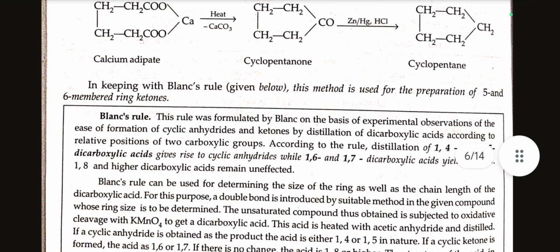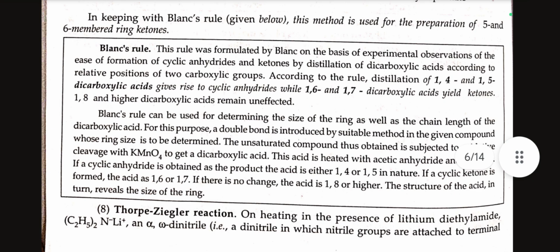Blanc's rule. This rule was formulated by Blanc on the basis of experimental observation of the ease of formation of cyclic anhydrides and ketones by distillation of dicarboxylic acids according to relative positions of two carboxylic groups. According to the rule, distillation of 1,4 and 1,5 dicarboxylic acids give rise to cyclic anhydrides, while 1,6 and 1,7 dicarboxylic acids yield ketones. 1,8 and higher dicarboxylic acids remain unaffected. Blanc's rule can be used for determining the size of the ring as well as the chain length of the dicarboxylic acid. For this purpose, a double bond is introduced by suitable method in the given compound whose ring size